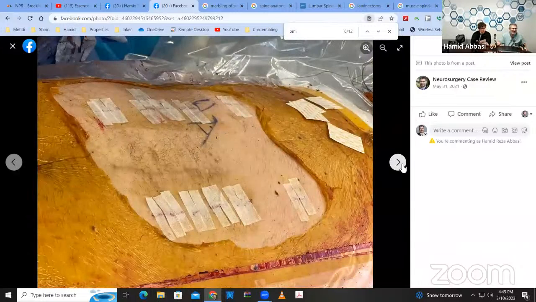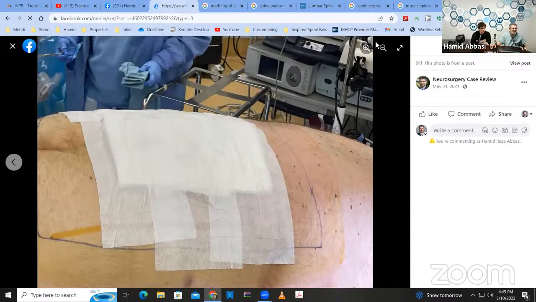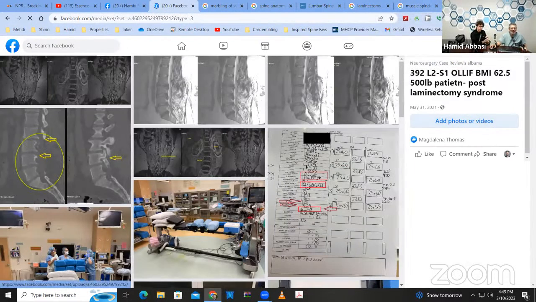So let's go back, and I want to show you actually the case that we did today. Let me unshare first. And we are going to talk a little about this obesity. Obviously, for the surgery, we have to work a lot deeper to get the surgery done. But I want to show you a video or some pictures from the patients today. So far, what question do you have about dealing with this patient with obesity? What question do you have?